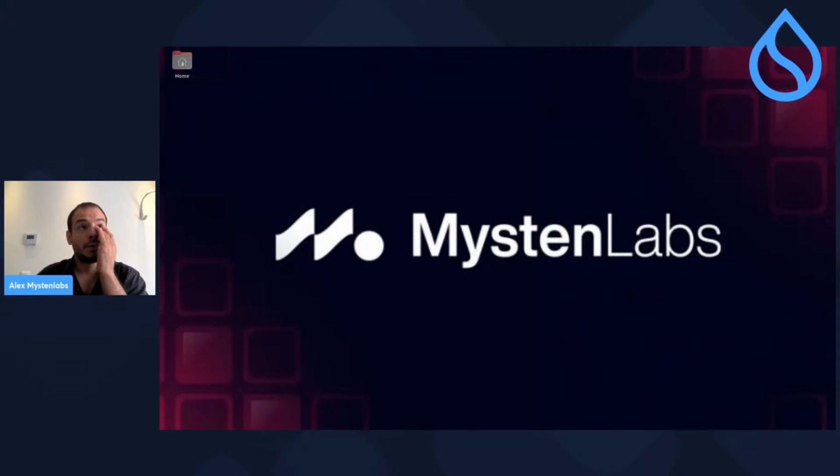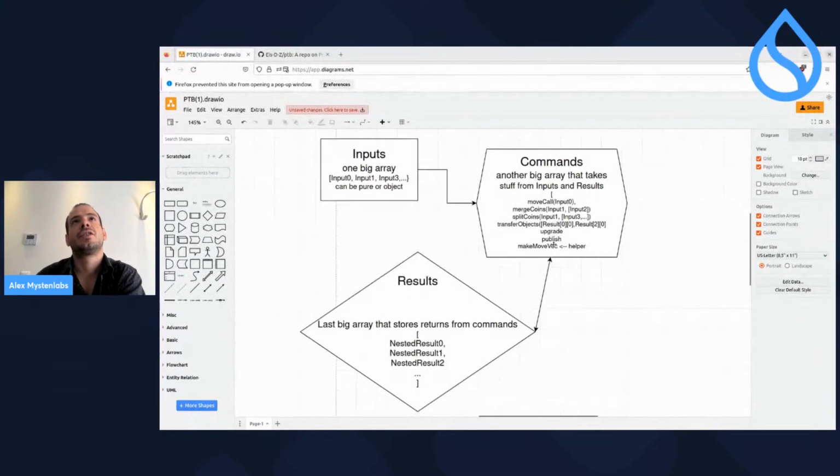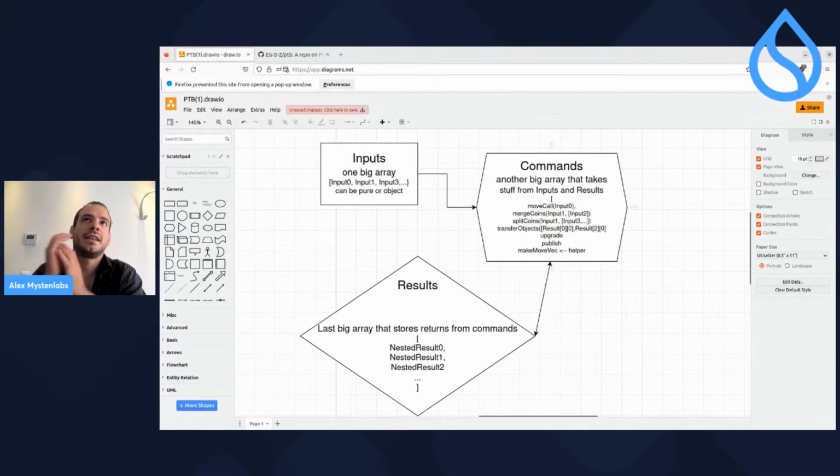Before having programmable transaction blocks, we had an RPC command for everything that you could do with Sui. There was a command for pay Sui, a command for pay all Sui, a command for transfer, and the commands kept growing exponentially, and it was a non-sustainable road that we were on. So we introduced programmable transaction blocks, which the main idea shown here is